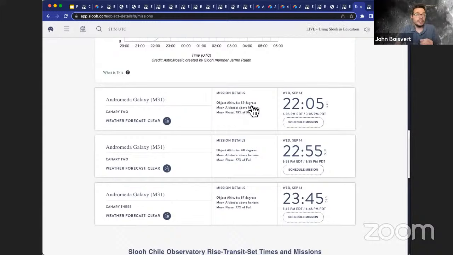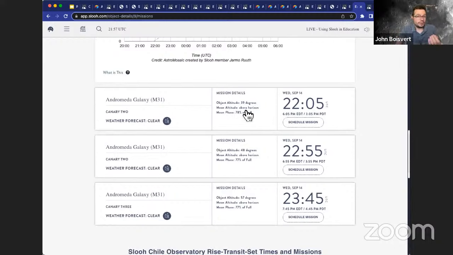Object altitude, this describes how many degrees above the horizon the object is. Now, what's interesting with these values is the larger the value, the lesser amount of atmosphere that the light from the object you're looking at has to travel through. So you're not getting as many distortions. So when you're looking at something with the altitude rather low, towards the horizon, you might get a little atmospheric effects. Other important things is it tells you a little bit about the moon.